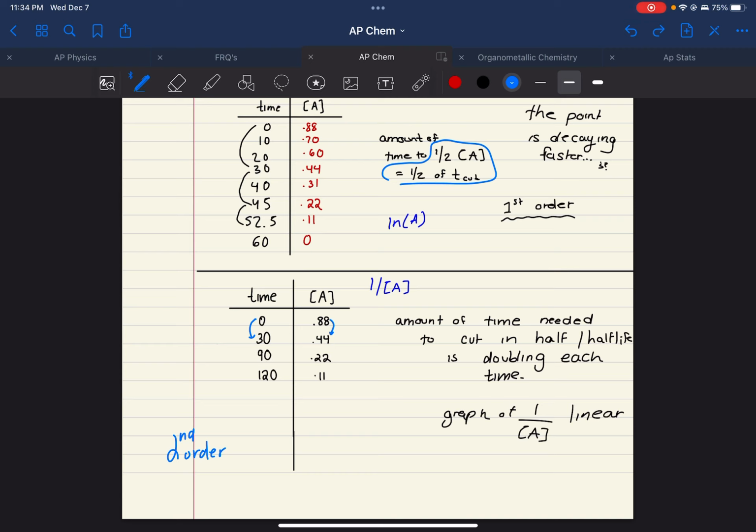So it goes from 0 to 30, let's say, and then it should go 30 times 2, that's 60. 60 times 2 is 120. Shouldn't this be... I don't know. I will ask my teacher about this. Point being,